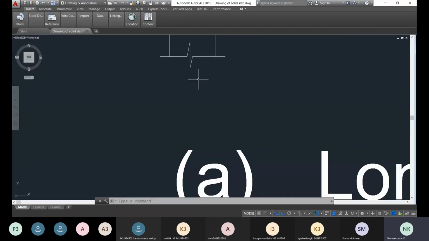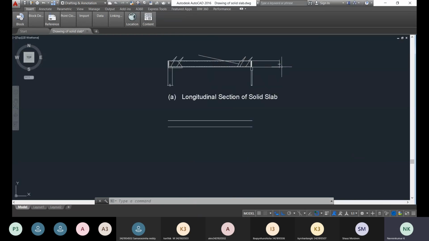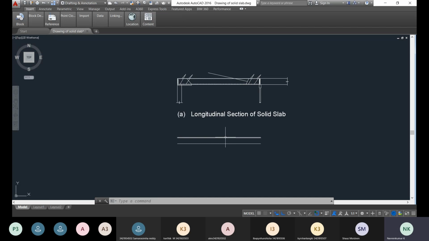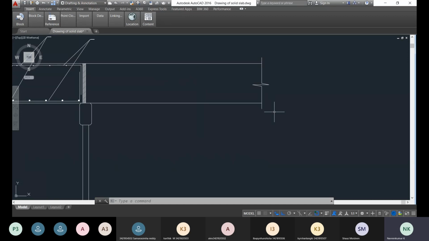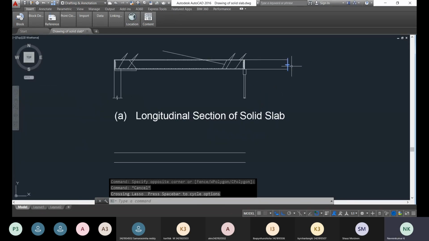The cross section we have created here, the same cross section you need here. These two dimensions are actually the same. From this point to this point is the thickness of the solid slab, so the T beam thickness is also the same. Therefore, you can utilize this particular cut section. Cut section means what? It shows the continuity. Your structure is continuing; it is not ended at one particular point. Therefore, you just copy this particular cut section and paste it at both the ends of the T slab.